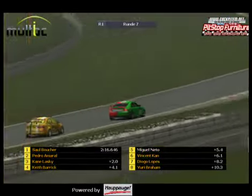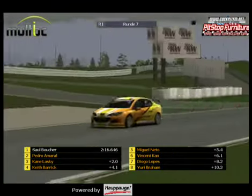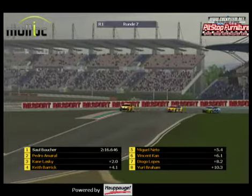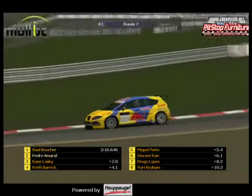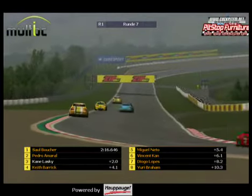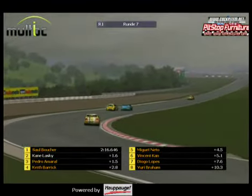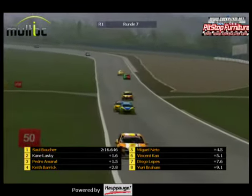has caught the back of Pedro Amaral and passed him. Pedro Amaral is still yet to pit, but Kane Lasky seems to have gained a little on Sol Boucher during this stint. Oh, up the inside, tries to go Kane Lasky, eager to make up. Of course, it is a position, that race with Pedro Amaral, but it's not for position overall, so Pedro should not be fighting considerably hard, and Kane's finding it a little bit difficult to get past, and Kane has gained 4 tenths in that sector 2, so obviously Pedro has held up Sol as well, and in 4th place, in